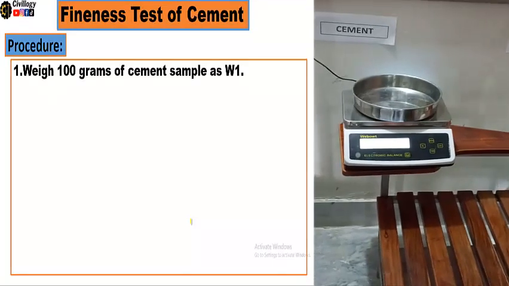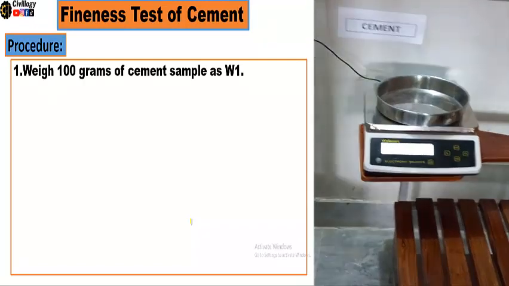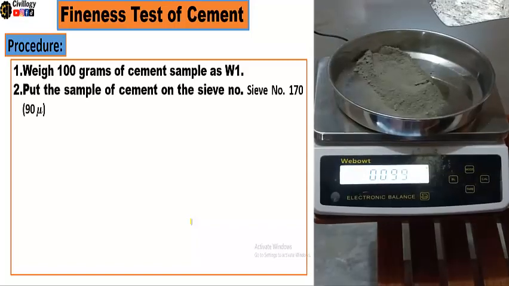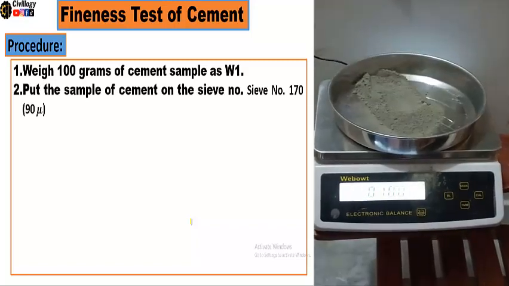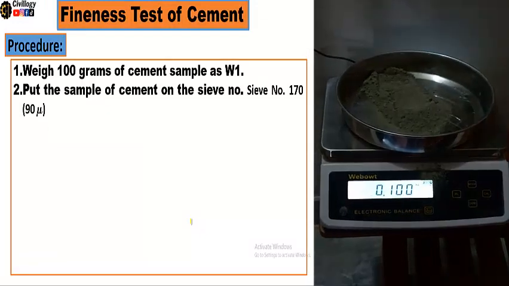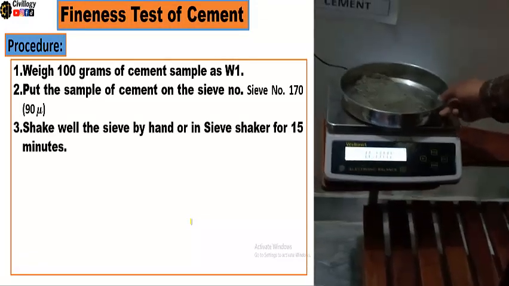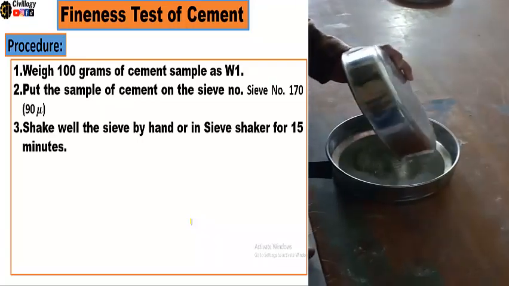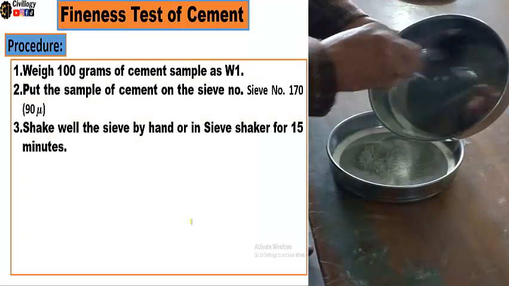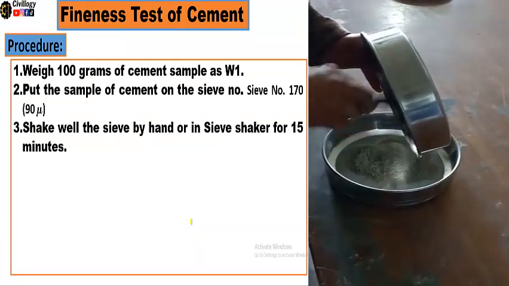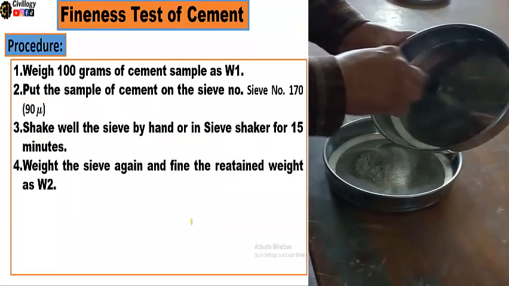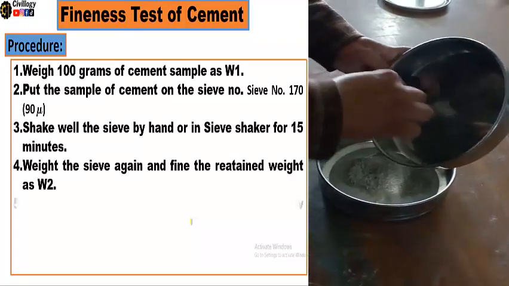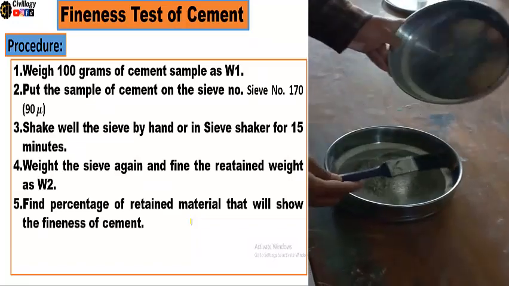The procedure involves weighing 100 grams of cement sample as W1. This initial weight of the cement is W1. Put the sample of cement on sieve number 170, which is 90 micrometers, and shake the sieve well by hand. If shaking by hand, it should be for 15 minutes, or if you are using a sieve shaker, it should be for 4 to 5 minutes, which is enough with a sieve shaker. Weigh the sieve again and find the retained weight as W2. Then find the percentage of retained material,